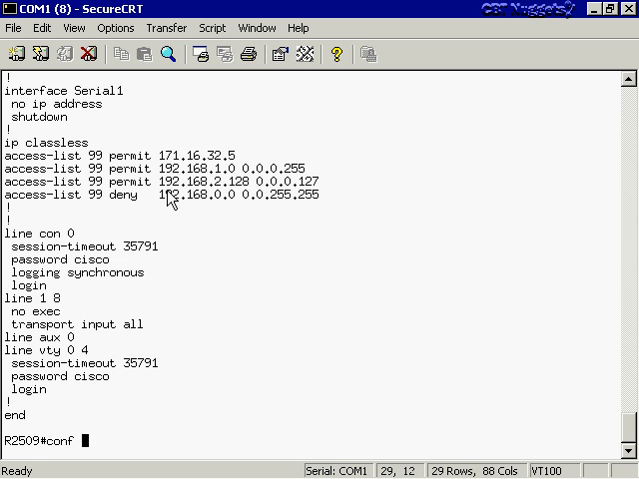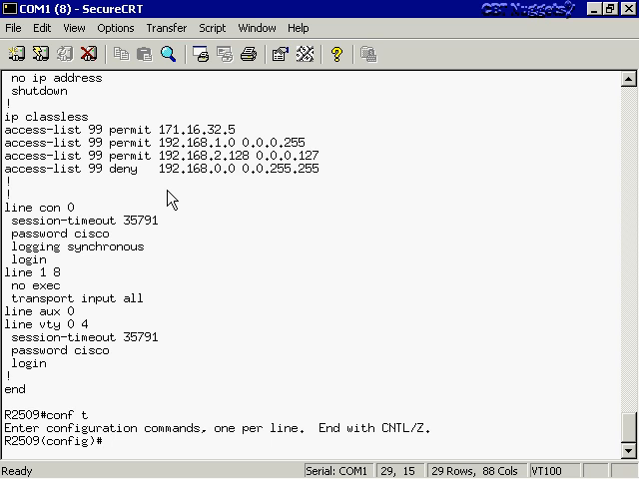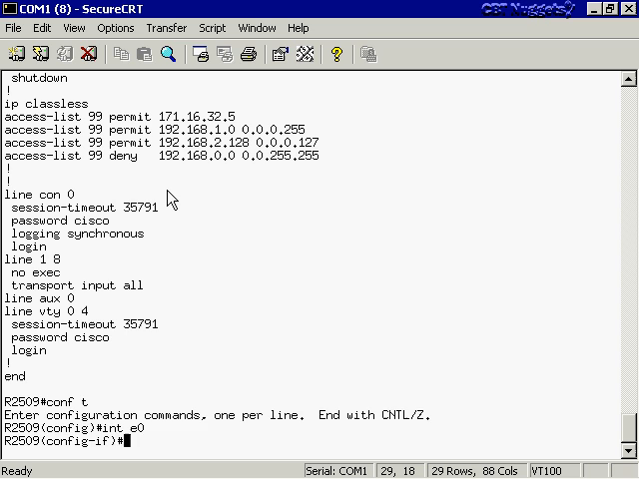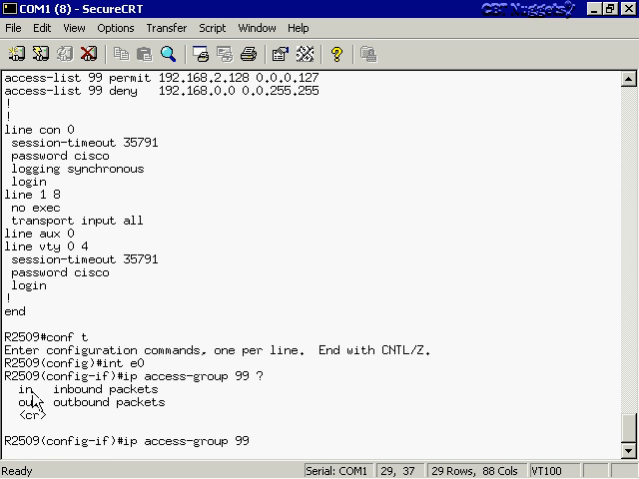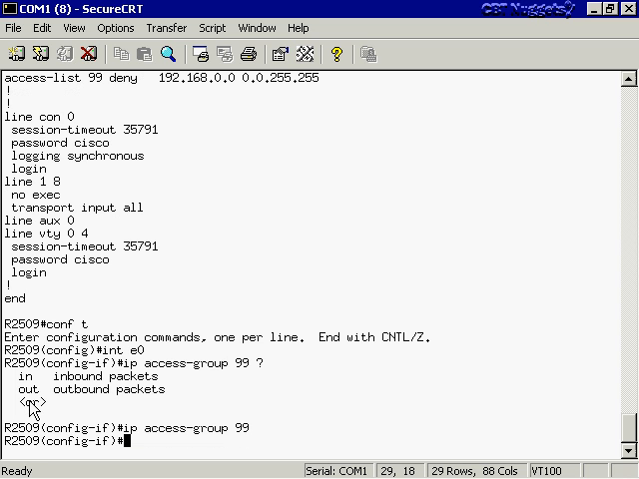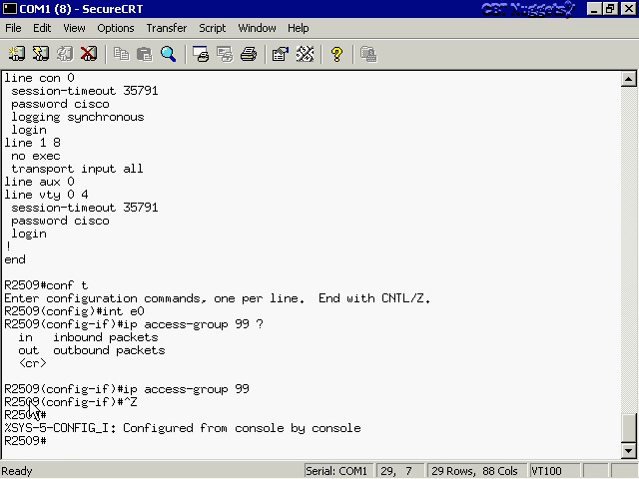Let's move into config T and make our changes. The first thing we're going to do is use the interface that we saw, interface E0. Now we are in a config interface subcommand. This is where we apply IP access group 99. Now, we're going to go to the magic question mark, and this is to illustrate what we had mentioned before. You can go in, you can assign it out, or you can simply hit return, and it's going to default to out. Right? So let's do that. It's an out. Once we've done that, let's get out of config T with a control Z, and write this to mem,